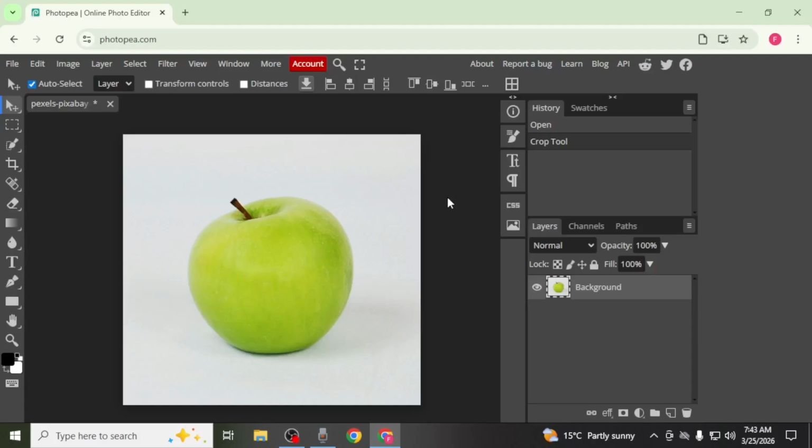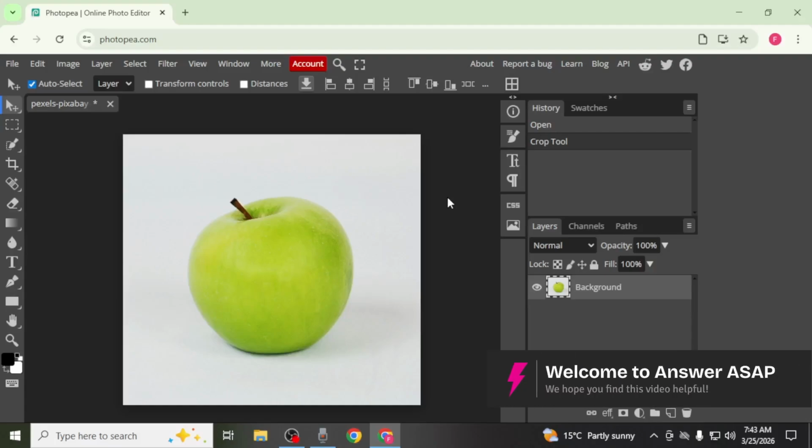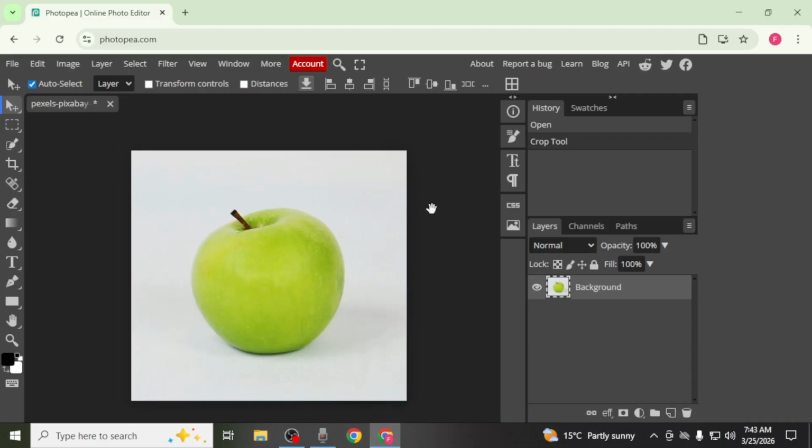In this video, I'm going to show you how to smooth edges in Photopea. First, open your Photopea project and make sure you have the image you want to work with. For example, if you are trying to extract an object from an image, you will usually start by selecting it. To do this, choose the Quick Selection tool from the left-hand side of your screen and click on the object